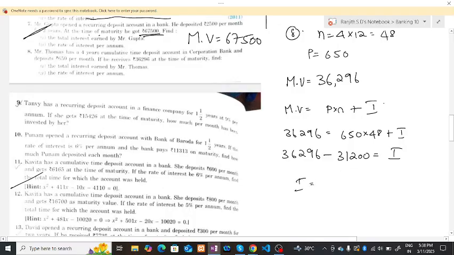So interest is equal to 5,096. 3 and 3 get cancelled. 6 minus 1, 5. Okay, interest. Then use the interest formula and later you can find the rate. Interest is equal to